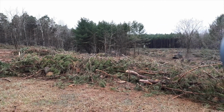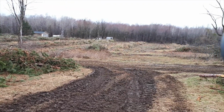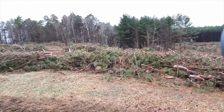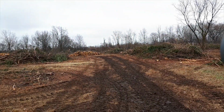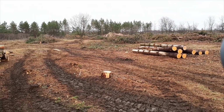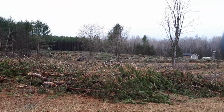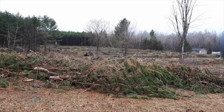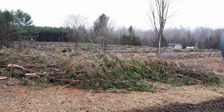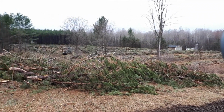So all of these trees that we see here, Kevin explained to me, had he not come in and made a deal for the lumber and been given the opportunity to clear it, all of this lumber would have just been cut and mulched up and carried off or burned and put into a dump somewhere, just cleared and pushed off to the side. So as much as we don't like to see these woodlands disappear, it's harvesting, it's a product. And had they not come in and been able to use their equipment on the land, all of these resources would have been wasted. And I think at the end of the day,